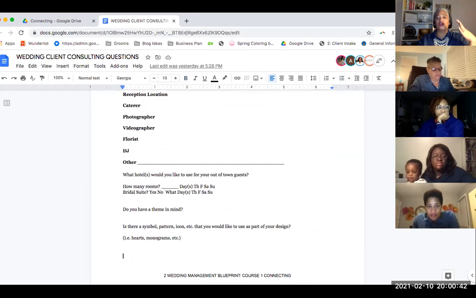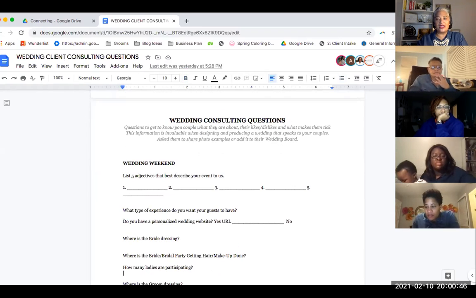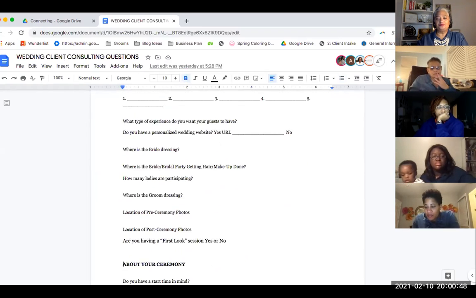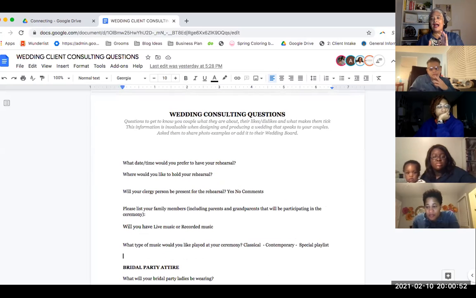Have they booked their hotel rooms? So that's all in there. Information about their wedding weekend, about their ceremony, how they want that to look, about how they want the decor to look for their